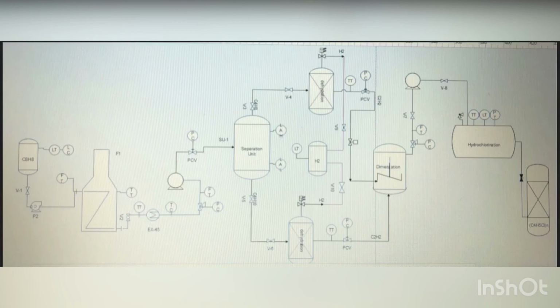That is, they mix. Then the common C2H2 comes out, and this C2H2 goes through the compressor and enters hydrochlorination,